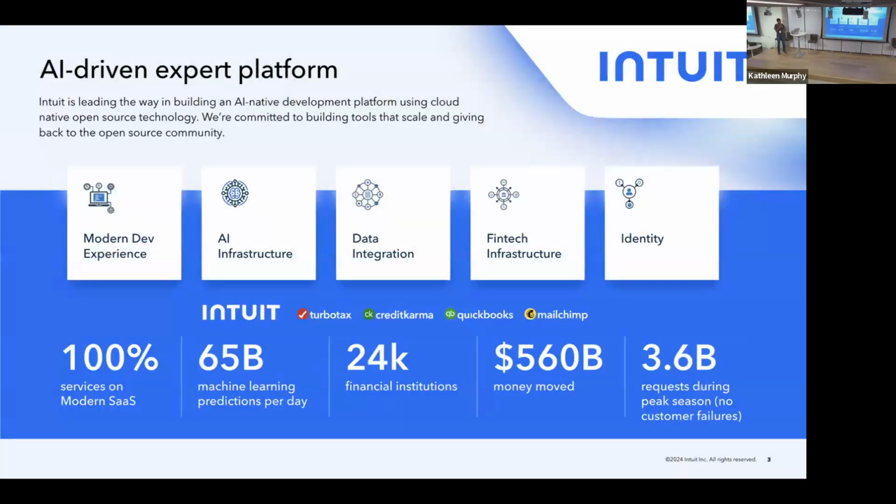So, a quick high-level overview of Intuit. Probably the majority of you might be aware of Intuit as a company. We are a global fintech platform which offers different products like QuickBooks, TurboTax, Credit Karma, and MailChimp. These are the most important platforms at Intuit, and you can see some of the numbers at the kind of scale that we operate at, from machine learning infrastructure to the kind of services and transactions that we process on a yearly or day-to-day basis.